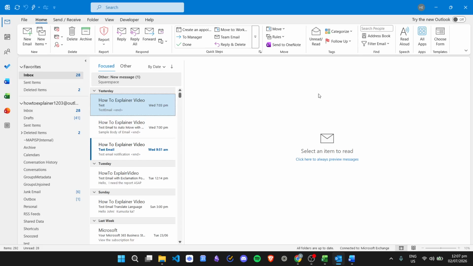How to send bulk email individually in Outlook. So here I am in the Outlook application. And if you want to send a bulk email individually to different people, what you can do is that you